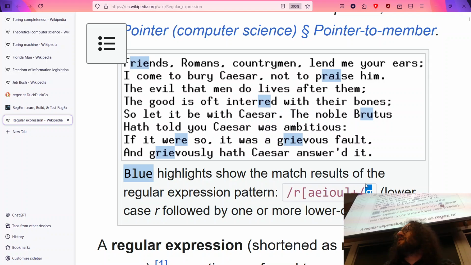Ignore the G, that just is a special command that you might use in some cases, and that's not really relevant for Python. Okay? So this is the important bit that I highlighted. R, open bracket, and then A-E-I-O-U, close bracket. And what this is basically saying is I'm looking for the pattern R followed by one or more vowels. So you can see where it's been highlighted in this text.